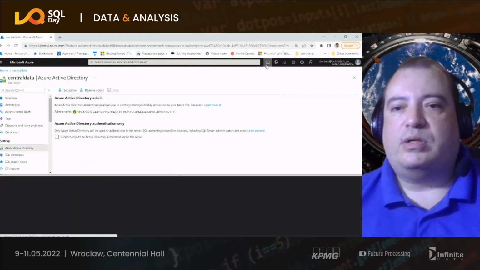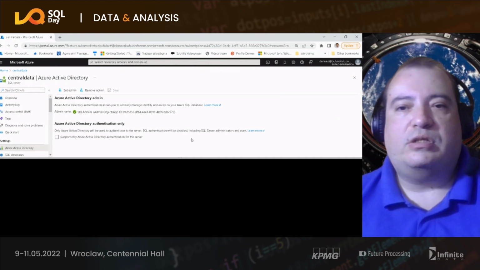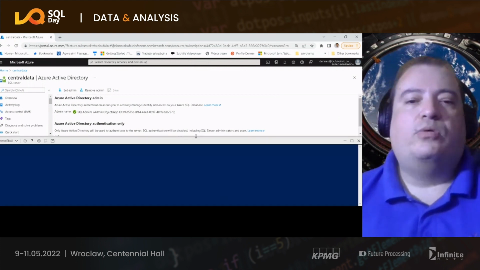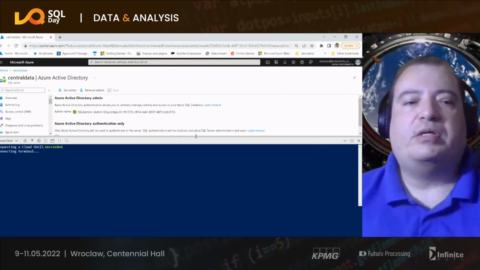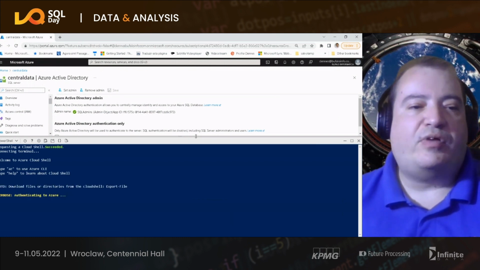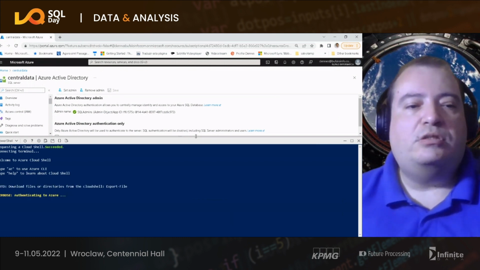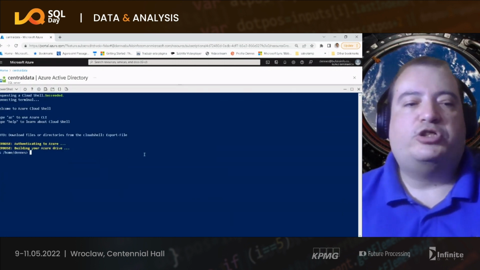How do I simulate this problem? I open Cloud Shell. Why am I taking such difficult steps? Why don't I open the file in Notepad? Because if I open the file in Notepad, the content type of the file changes and Ledger doesn't accept the file anymore. I need to edit the file in a low-level editor that will not change the content type of the file. So I'm using Cloud Shell, cd cloud drive,